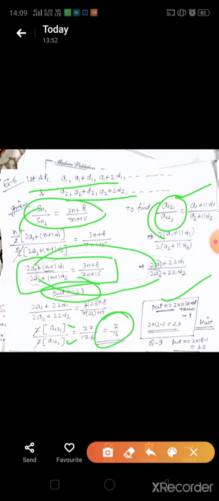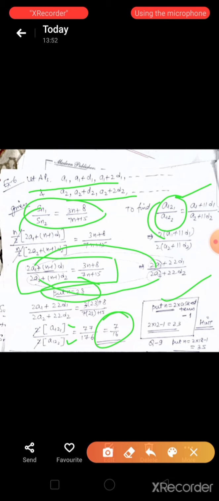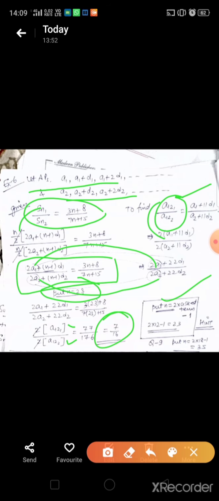सिमिलरली in exercise 9.2 question 9 हमसे 18th टर्म का रेशो पूछा है. तो 18 का डबल होता है 36, -1, 35. n की वैल्यू डायरेक्टली 35 पुट करके हम आंसर ले सकते हैं. But this is a shortcut, we should not be using it for solutions. सॉल्यूशन तो ऐसे ही करना है. So this is how we are supposed to solve the questions.